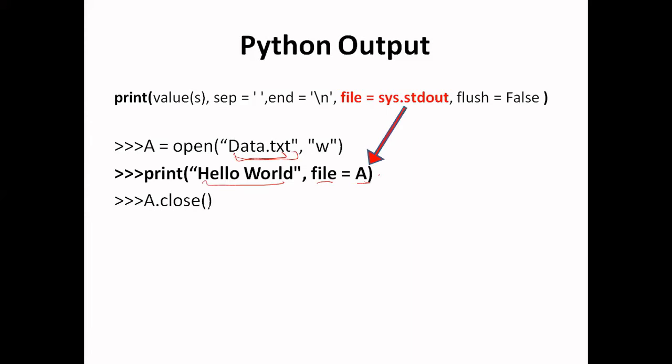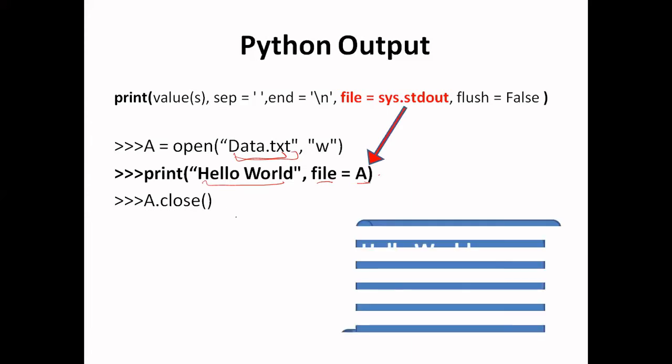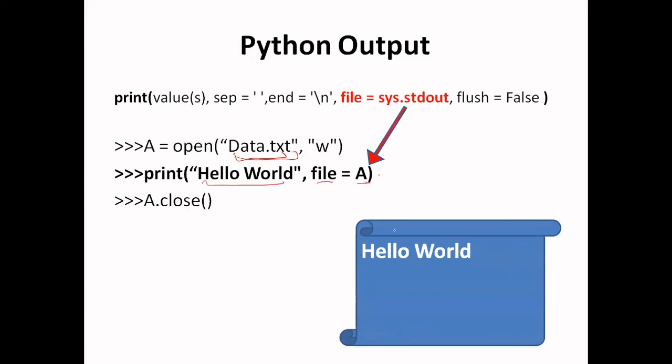And suppose we have closed our file, and after closing it, if we go to our present working directory and open this file data.txt, there we will get this string hello world. So basically this string is not printed in the console, but it has been printed to the particular file to which this file object was pointing. So this is the way we can send our output to other locations. It is not necessary to always send our output to the standard output device. If we don't want to, we can send it to some file also.